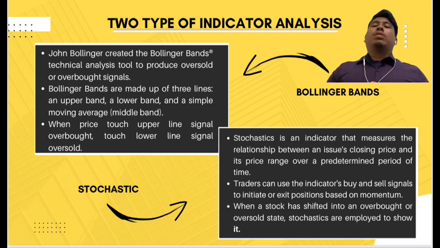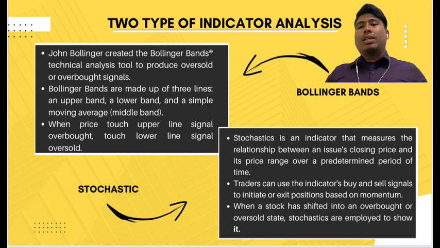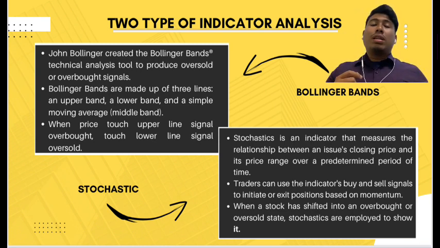it shows oversold. Stochastic is an indicator that measures the relationship between an issue's closing price and its price range, and traders can use this indicator as a buy and sell signal in the future to initiate or to exit a position, based on the momentum in stochastic. And the last one is, when the stock has shifted into overbought or oversold level, stochastic is employed to show